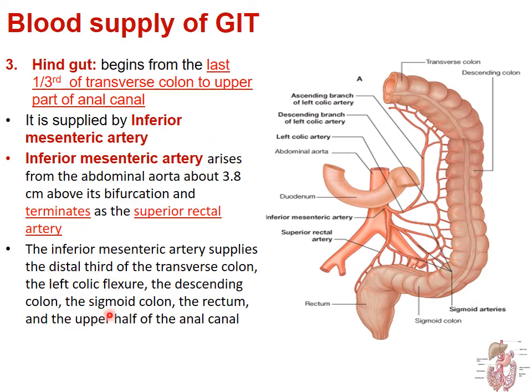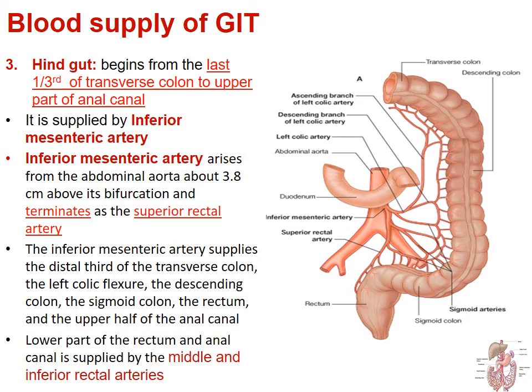Then the descending colon, sigmoid colon, rectum, and the upper half of the anal canal. So this artery goes down to the anal canal also. It completely supplies the rectum and even the anal canal, that is the next part. The upper area of the anal canal is also supplied by the last branch of the inferior mesenteric artery, the superior anal artery, the superior rectal artery. So the superior rectal artery is here, right? The lower part of the rectum and the anal canal